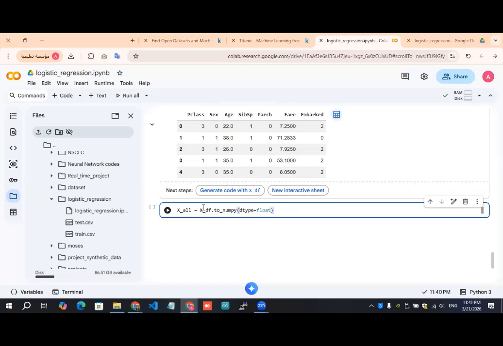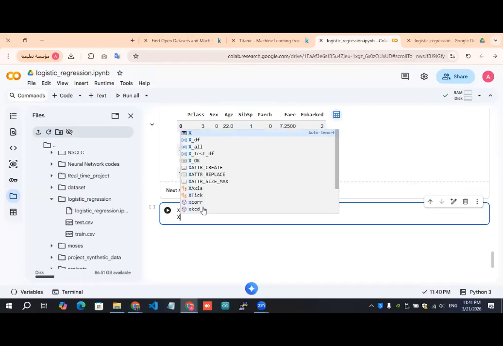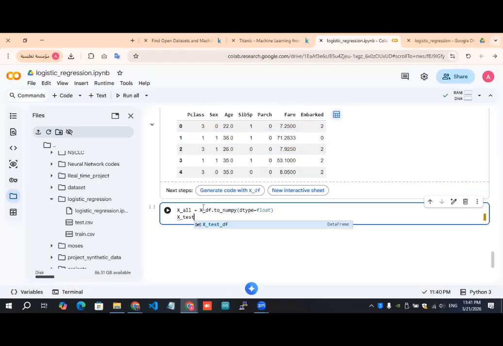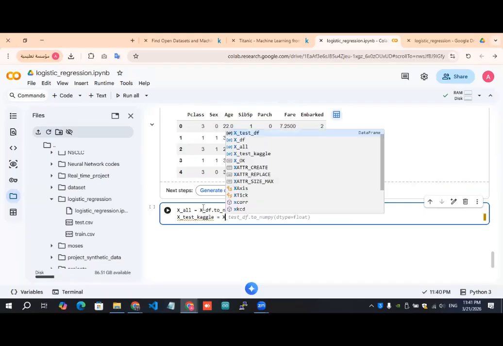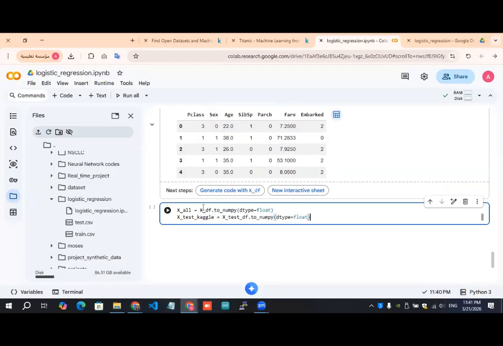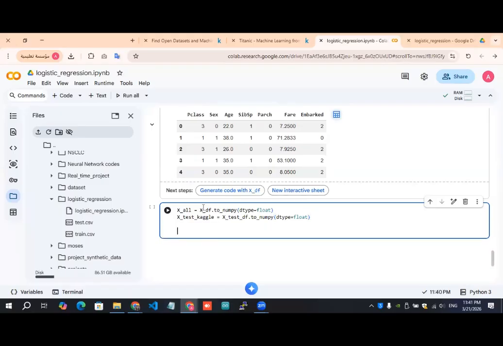So this converts the cleaned training features into a NumPy array of floats. And we need y, again, for example. So we need the same also for test data. After that, we need to define a new function, train test split,